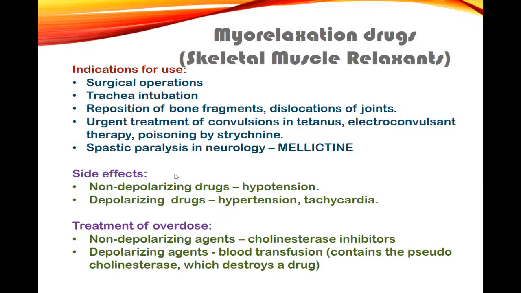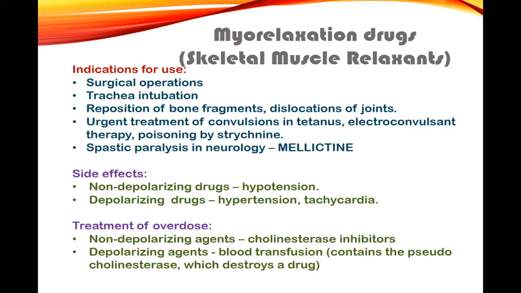Side effects of these drugs. For non-depolarizing, characteristic is arterial hypotension. For depolarizing, hypertension and tachycardia. And treatment of overdose, we understand that we should do artificial ventilation, but at the same time, if these are non-depolarizing, we introduce cholinesterase inhibitors. If depolarizing, we should do artificial ventilation, but if stop of breathing lasts for a long time, we use blood transfusion,